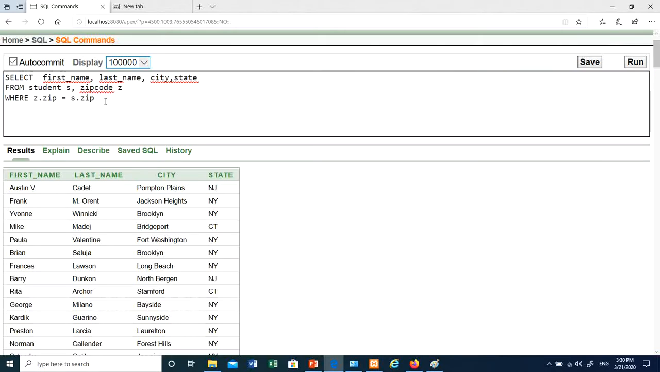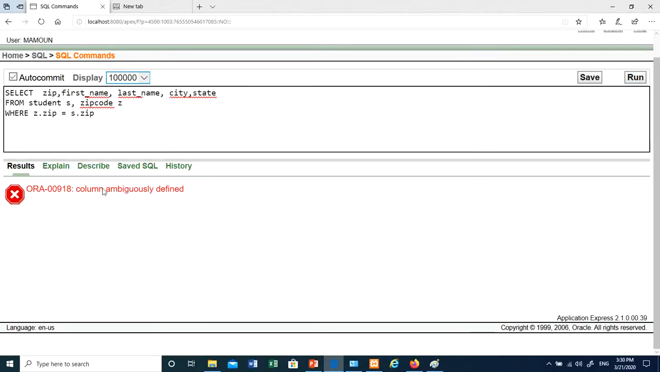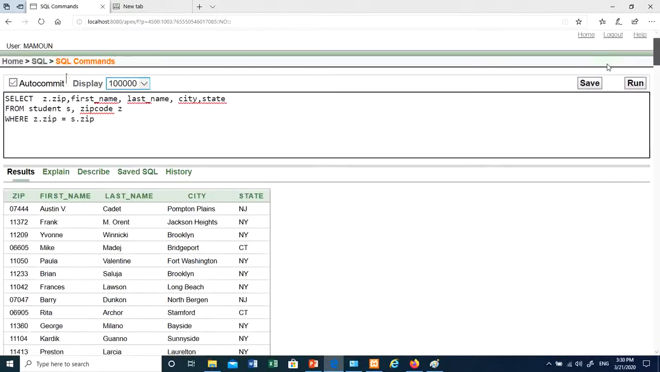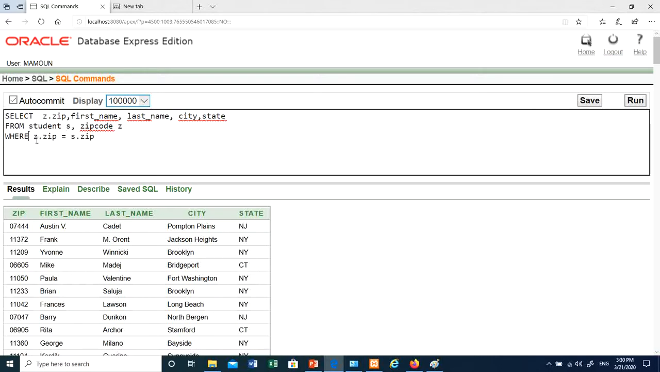So this is basically the joining situation. If you would like to include zip, again it will give you an error message that the column is ambiguously defined. Column ambiguously defined is because you have to provide an alias since you created an alias for those tables. Here you can use Z or you can use S, but this one will work in all cases. If you provide an alias, you have to use that alias. If you have more than one table, if you have like 3 tables for example, still you have to include